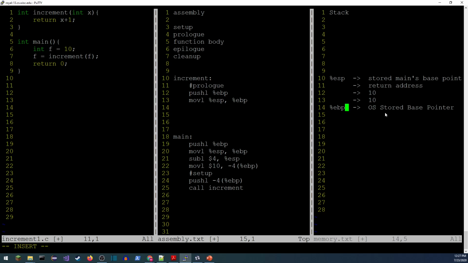Now the base pointer is still pointed at this original one, but I want to be able to use the value of this register to address the variables. Particularly we're looking at this 10 right here. Let me make a little note right here. This is the F, and this is the parameter. We want to be able to get to this parameter using the base pointer. So the next thing we do is move the stack pointer into the base pointer. So the stack pointer is right here. So that's going to take this EBP value and move it up also to right here.